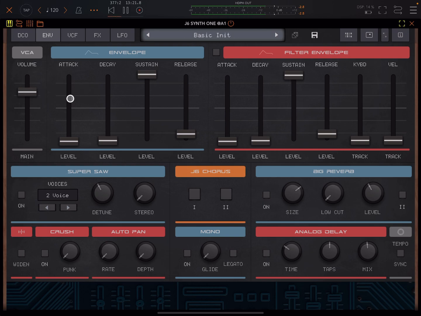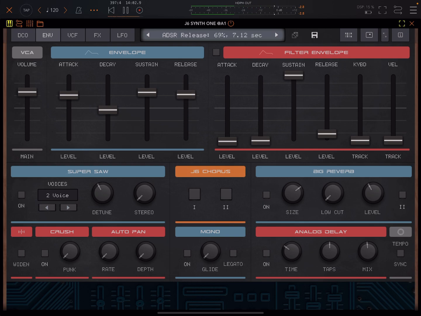And here let's look at the envelope. If we bring the attack up higher, now the sound fades in. And we can further shape it, so you can see this up here. This first thing shows you the attack, then we see the decay. The decay will set how long it takes to fall to a certain level. That level is set by the sustain. And release will determine